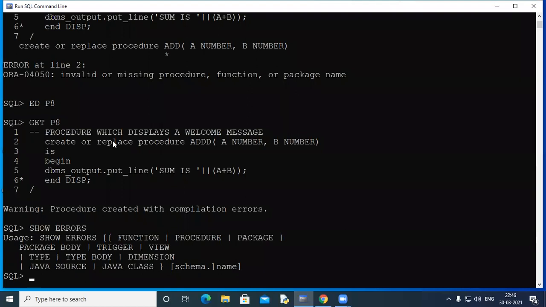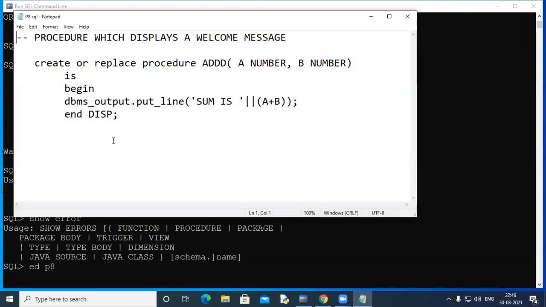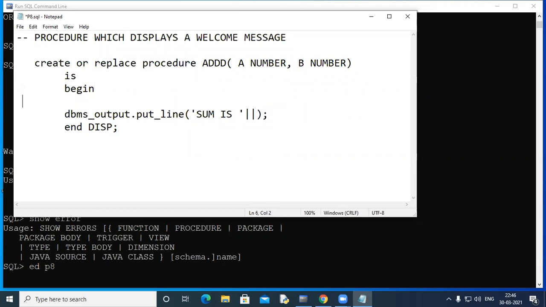Okay, so some problem which we are not able to track. Okay, you should help me to find an error here. Let's use some variable here.